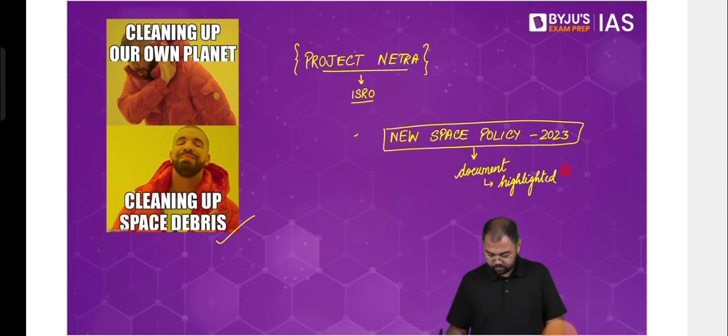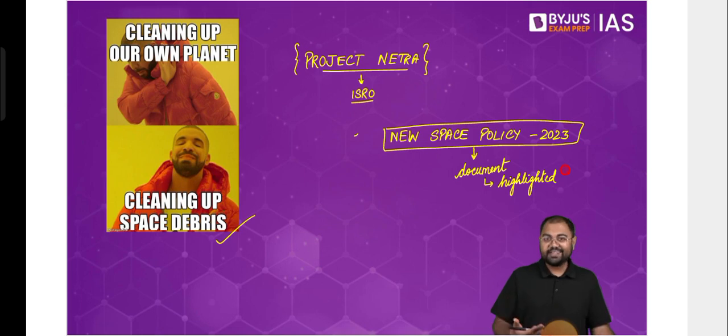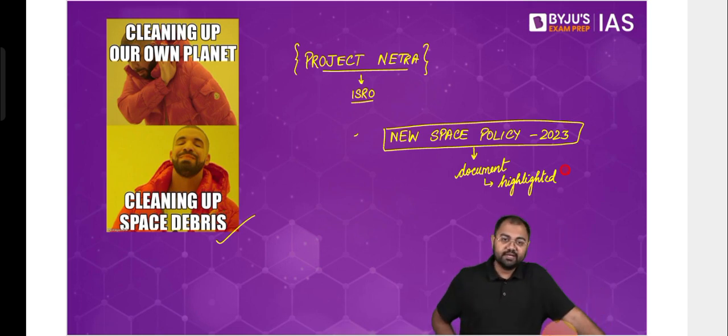How will Project Netra work? So Project Netra basically is more of a maneuvering technique where we are trying to push the satellites away from its orbit, so that either they fall. I mean, if these are smaller pieces, we want it to fall in the Pacific. We do it in a manner, or we want to push it away so that we can clear whatever we have created in the lower orbit. So in simple terms, it's a maneuvering technique.